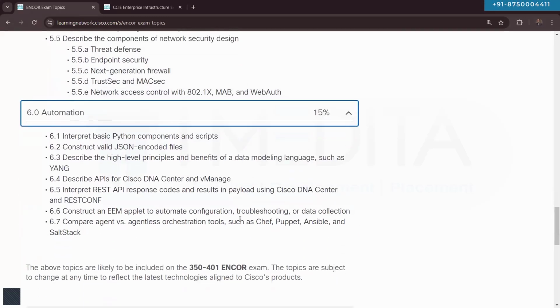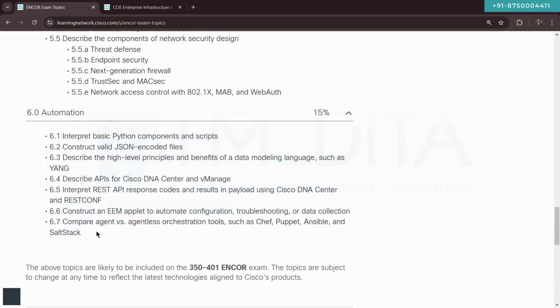And then under automation, we do not have anything that we need to worry about, but we will talk about the DNA Center API. We'll talk about what application programming interfaces, what APIs are available in our DNA Center, Catalyst Center, SDA controller, what options we have in our Cisco SDA controller to manage and control that SDA controller from